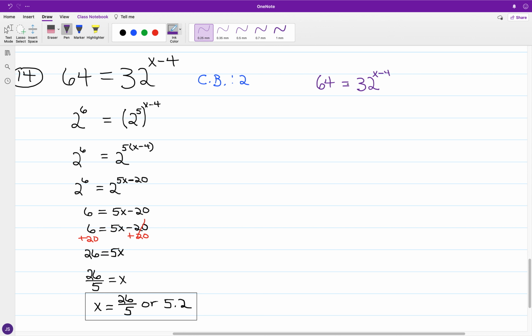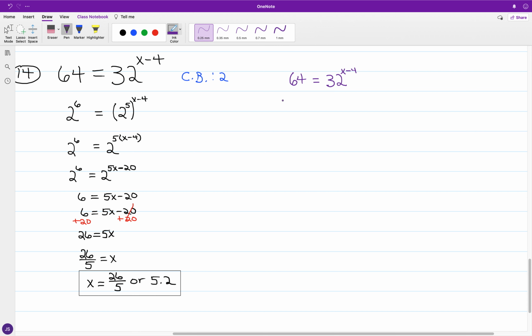maybe not in terms of a common base, but you know that the logarithmic bases 64 and 32 are not in a typical scientific calculator, and for those routes you could take natural or base 10 logarithms, and we'll take the base 10 log for these. So if I have a base 10 logarithm of 64 set equal to the base 10 logarithm of 32 to the x minus 4,